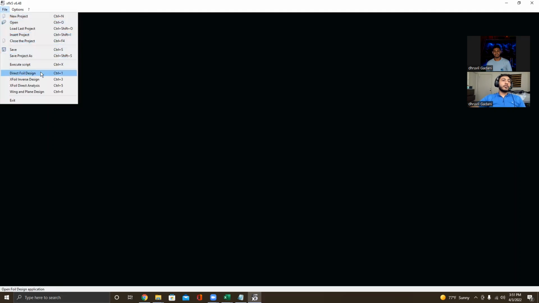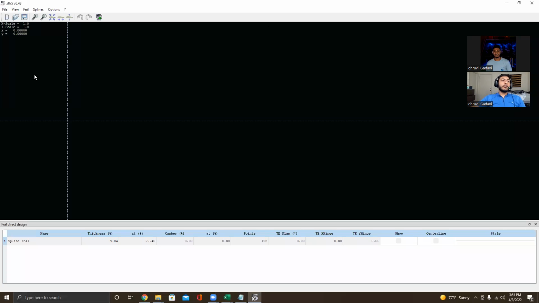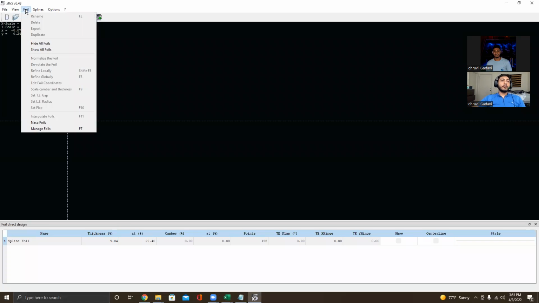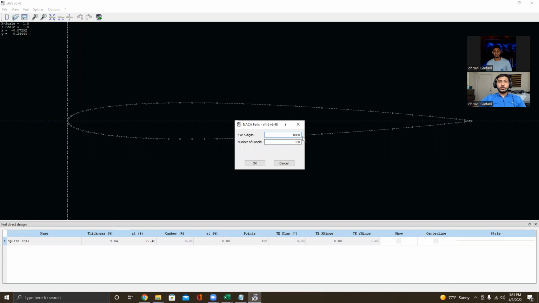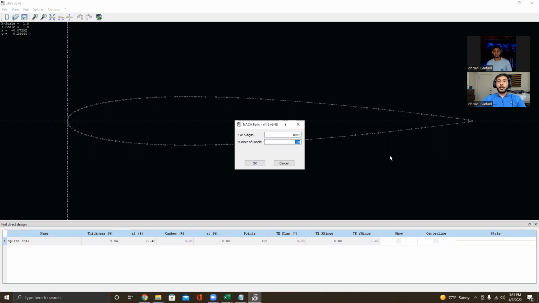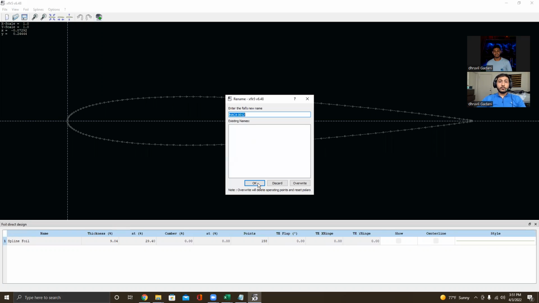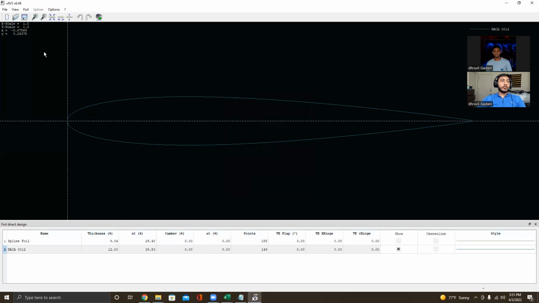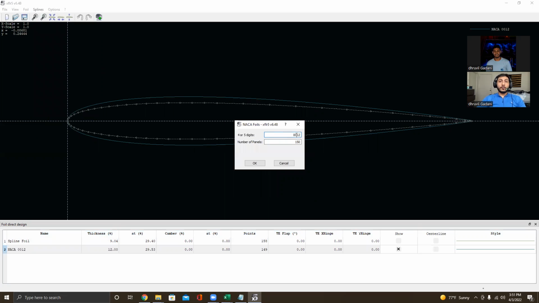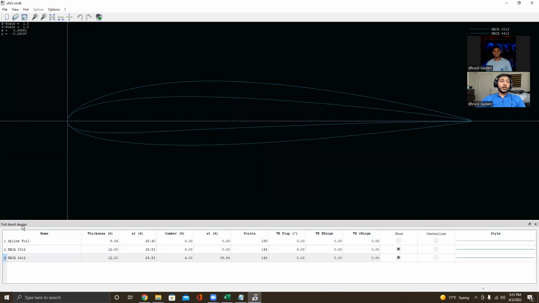All right, so I'm going to be starting the XFLR5 project. First, we're going to open this up and add the foils. We're going to search up NACA foils and we want the 0012, and I'm going to make it 150 panels. And then I'm also going to add the 4412. All right, now that I have both of my